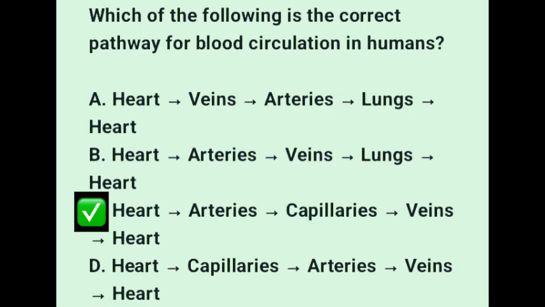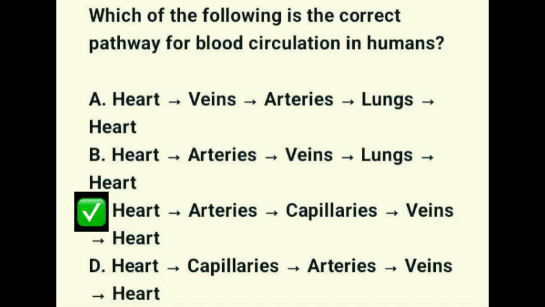The circulatory system is designed to move blood efficiently around the body. From the heart, blood is pumped into the arteries. The arteries are thick-walled vessels. These branch into capillaries, where the exchange of gases and nutrients takes place. Blood then flows back into the veins, which return it to the heart. Options A and B mixed up the whole sequence, while option D incorrectly places capillaries before arteries. Thus, the correct sequence is heart to arteries, arteries to capillaries, capillaries to veins, and veins to the heart, which